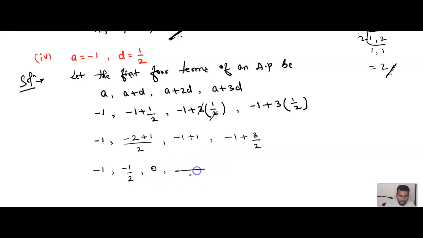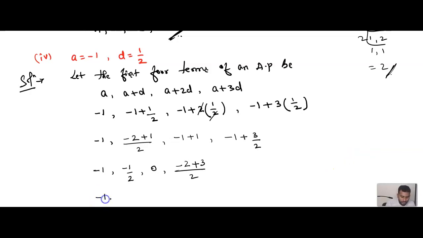Again what is the LCM? 2. This entire term multiply by LCM. Correct? Minus into plus, minus 1 2 is 2. This entire term multiply by LCM. Now what is the next? Plus, what is the entire term here? 3 by 2 multiply by LCM. LCM is 2. 2 2 get cancelled. What is left out? 3. Did you get it? Very good.